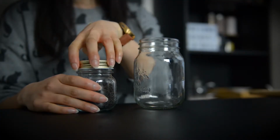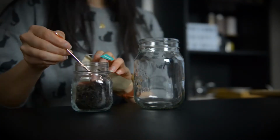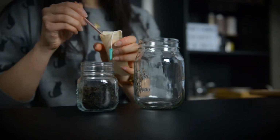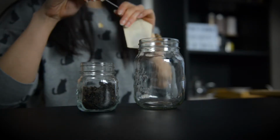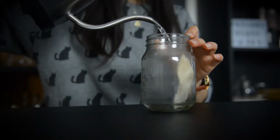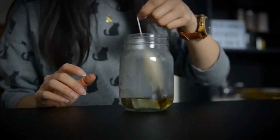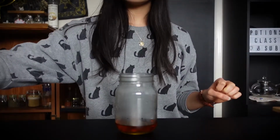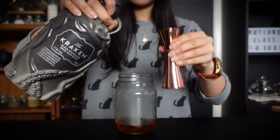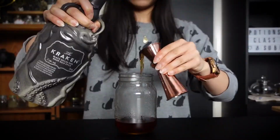So first prepare your hot tea. I'm using 2 teaspoons of black tea with 2 ounces of water. You can also use tea bags. Steep your tea for 5 minutes and then discard the tea leaves. Add in 3 ounces of rum